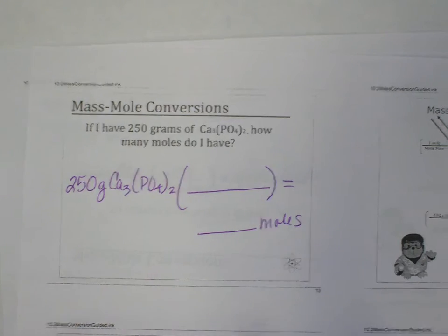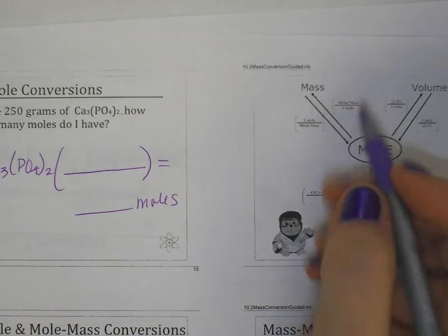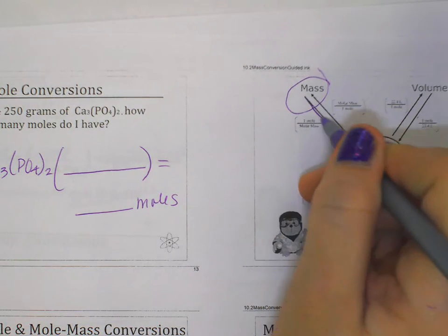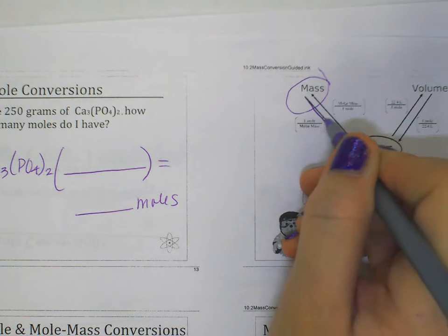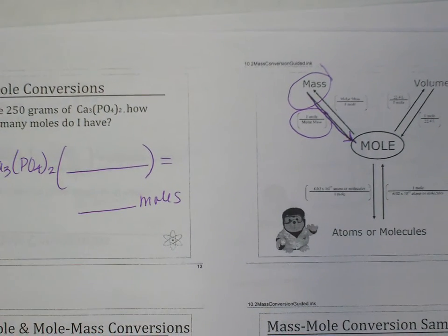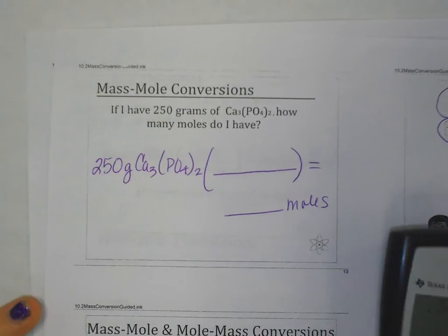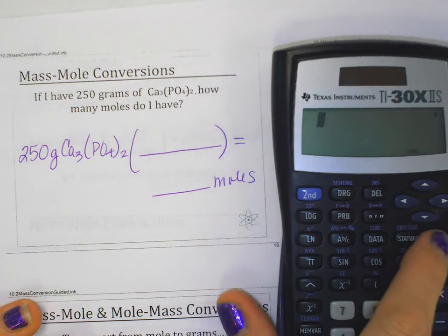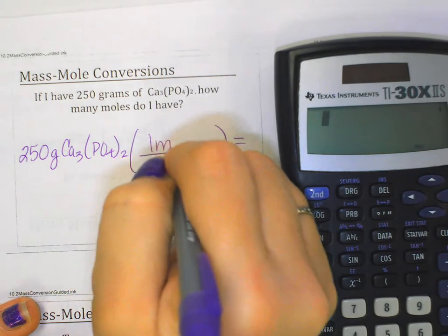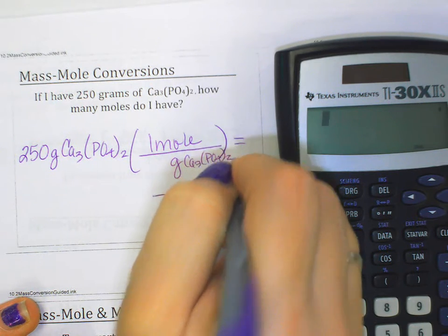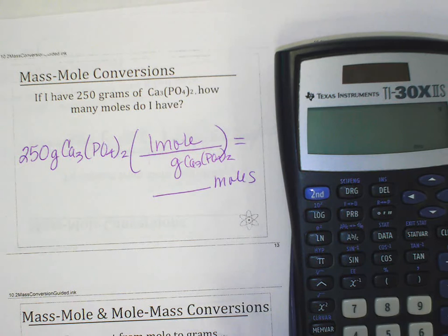So if I were to go to my chart, this time I'm starting with grams. So I have to follow the arrow from grams down to moles. That says to do 1 mole over the molar mass of my substance. So again, I'm going to have to calculate that out. So I'm going to put my calculator back up here. I know it said I'm going to do 1 mole over the molar mass of that. So I just need to add all of that up. Again, if you want to show your work, go ahead, but you don't have to do that anymore for your